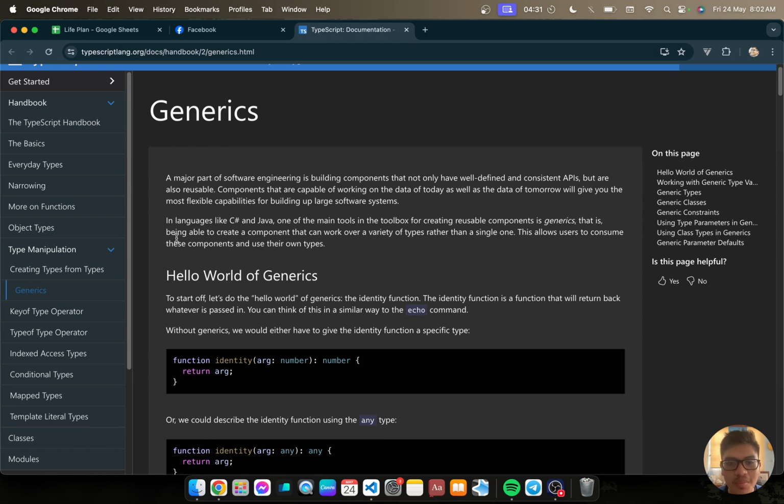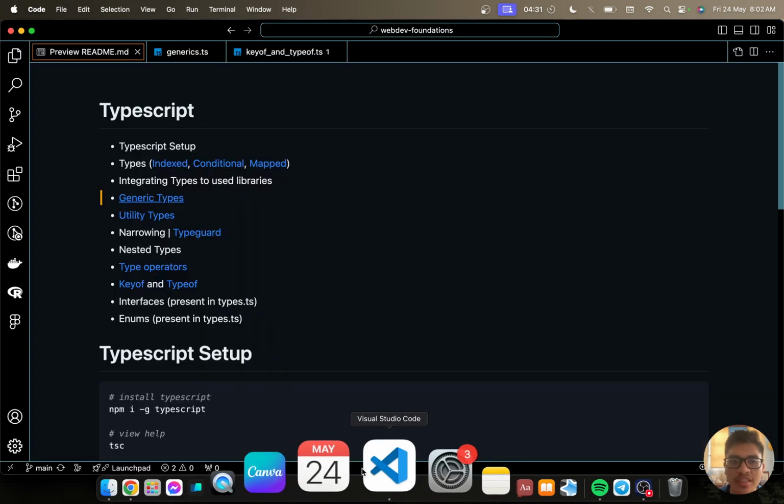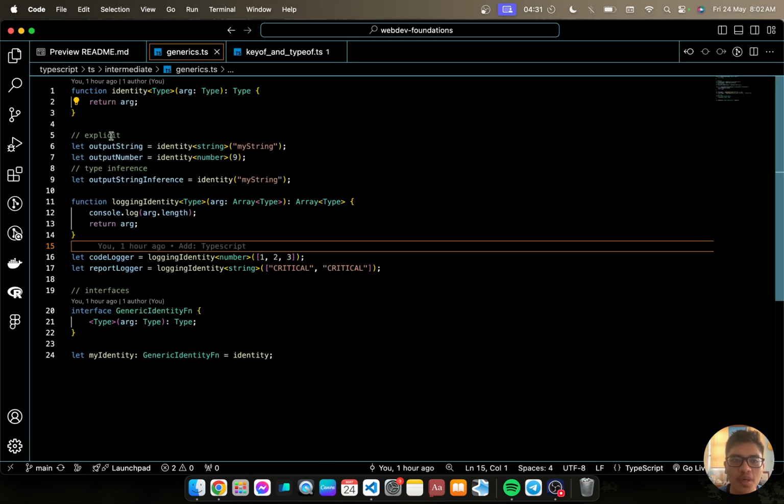That is being able to create a component that can work over a variety of types rather than a single one. So, for example, we have here function identity, type, argtype.